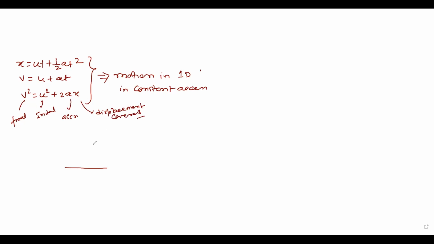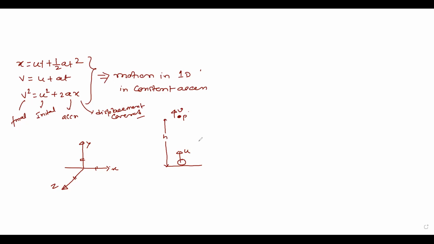Now, you know that in motion in one dimension, either the particle can travel in x direction, or in y direction, or in z direction. So there could be only one axis involved. Suppose we are just throwing a ball straight up with a velocity u, and suppose the ball has reached point P, where its velocity is v, and the displacement covered by the ball is h.